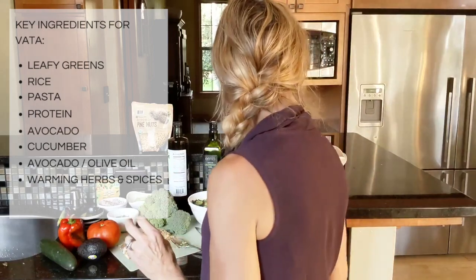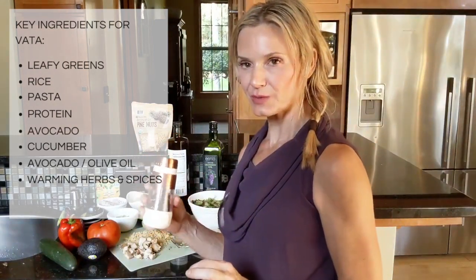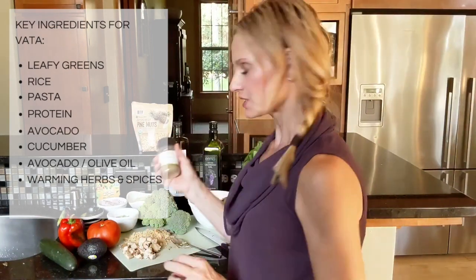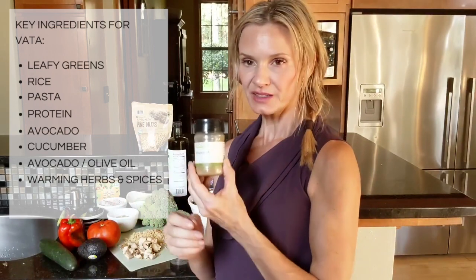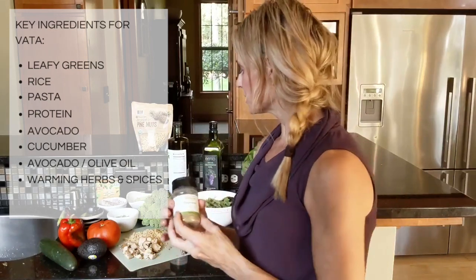And then if you have seasonings like pepper, black pepper is really good because it's pungent and very heating. And then I just pulled this out of my pantry as well. Hing. I get this from Banyan, and it's excellent for digestion and stimulating the digestive system. So if you can sprinkle something like that on it, or cumin or dried ginger or anything like that,